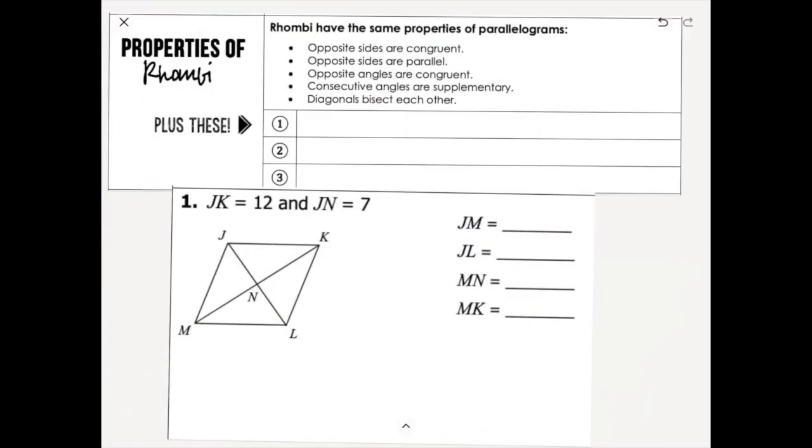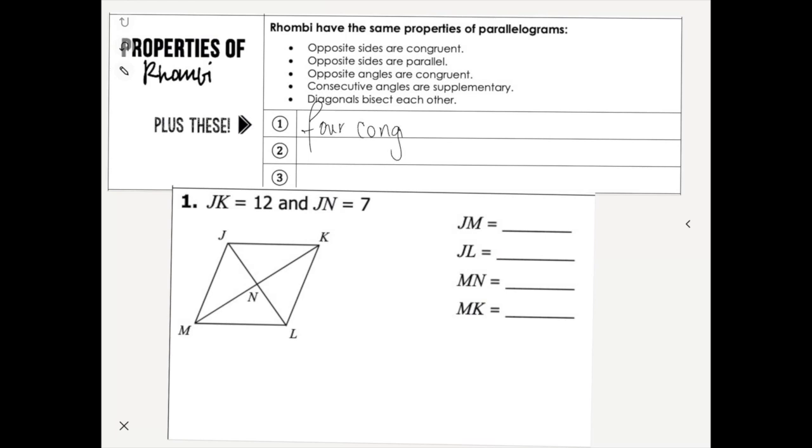So next we're going to be talking about the properties of rhombi. So remember, rhombi is multiple, rhombus is one. So rhombi have the same properties of parallelograms. Opposite sides are congruent, opposite sides are parallel, opposite angles are congruent, consecutive angles are supplementary, diagonals bisect each other, and 3 additional. We have 4 congruent sides, so I'm going to write 4